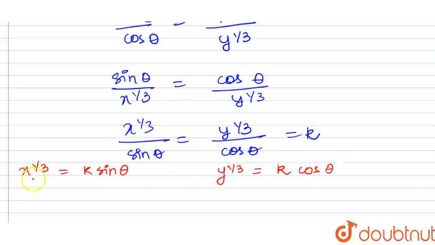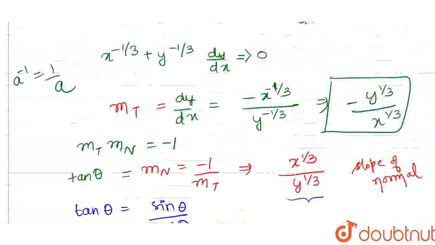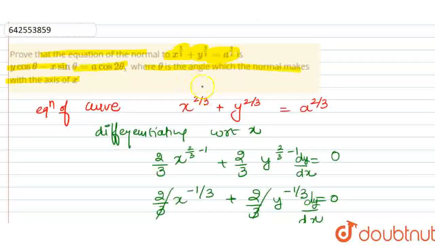Now the power 1 by 3 will shift to the right hand side and become a cube for both terms, k and sin theta. So we will get x is equal to k cube sin cube theta, and y will become k cube cos cube theta, right? So this is what the values of x and y are, right? So these are some general points on the normal, right? And we know that the normal is passing through this curve,